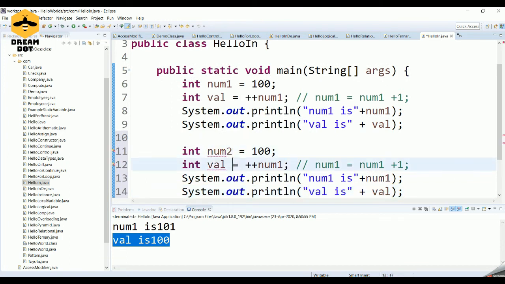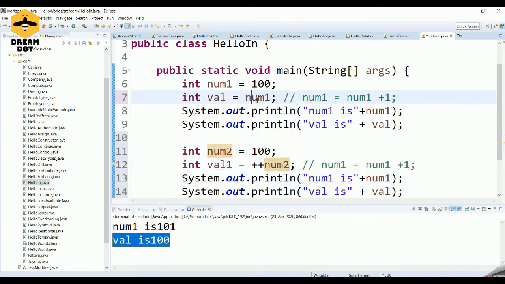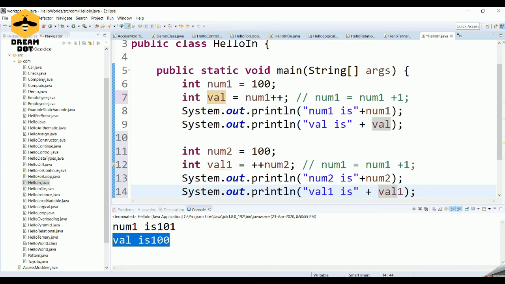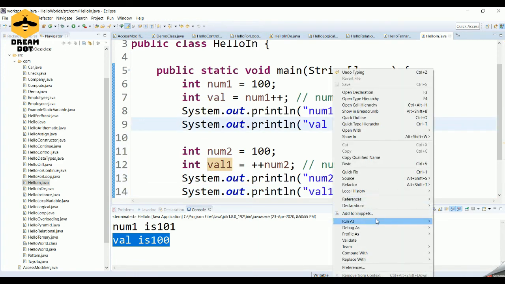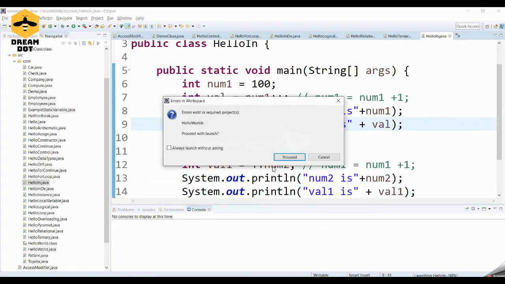Let's take num2 and val1. Here let it be num1++, and here let it be ++num2, and I'm going to print num2 and val1. So here I will print num2 and here I will print val1. Now if you run this particular program, it will be very clear for you.